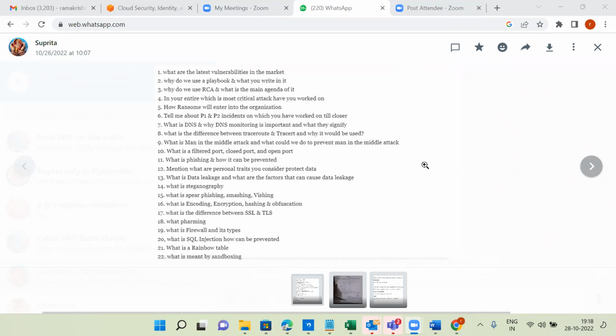Okay, what do we mean by sandboxing? Sandboxing is a testing environment where we can run and test malware at the organization level. The sandboxing environment may be on-premise or even a virtual environment. Here we can do static analysis of the malware and also dynamic analysis, so it can be identified whether a file is infected by malware or not. Okay, so that is called sandboxing.